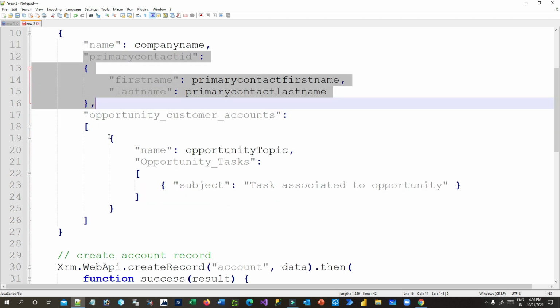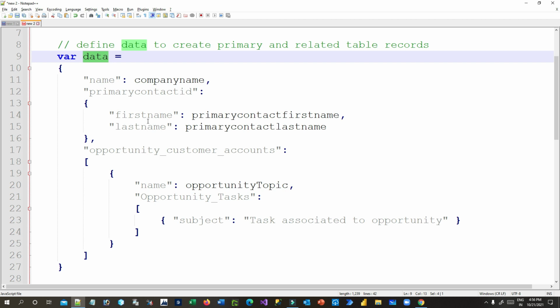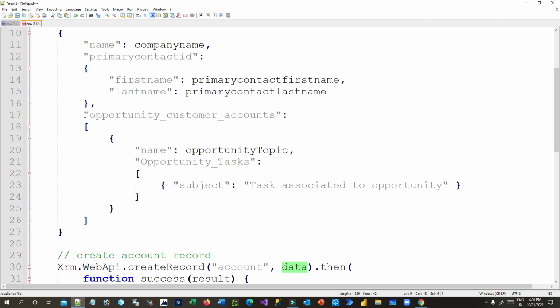Next I want to create a new opportunity for that company, right? To create a new opportunity for the same company or account that I am going to create, it requires understanding what is the relationship name from opportunity to account. You know that one account might have multiple opportunities, right? So there is a 1:N relationship between account and opportunity, and you have to identify the relationship name. This is the relationship name.